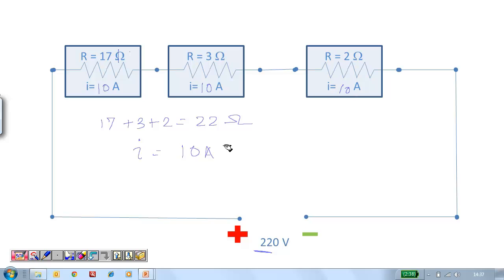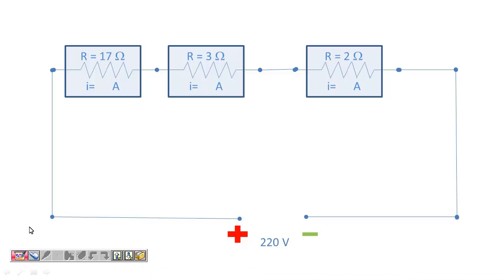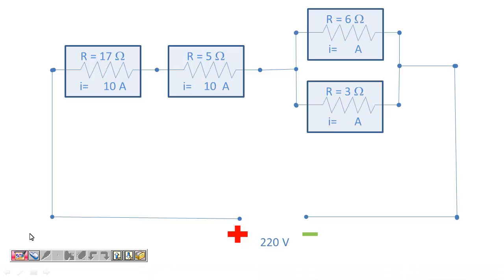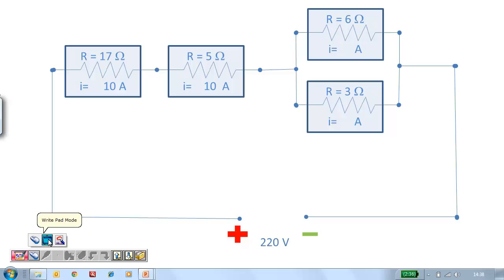Now what we have to actually go back and explore is how this 10 amps gets divided into these two branches. So now we know that we have 10 amps coming here. So how will they be broken up? The way that we know is that,